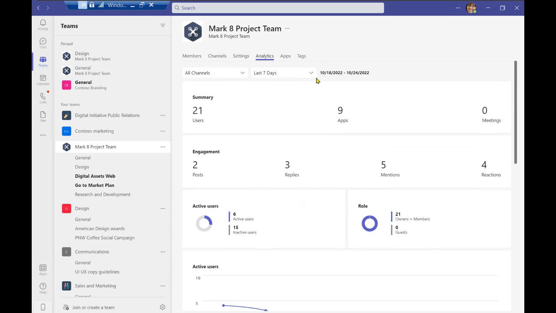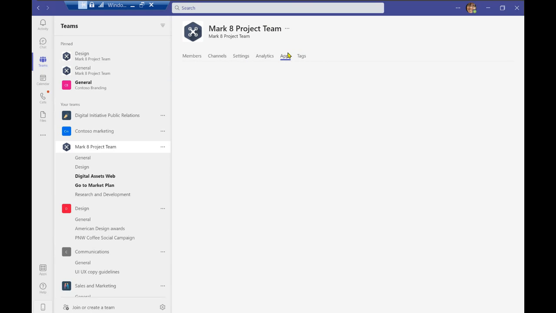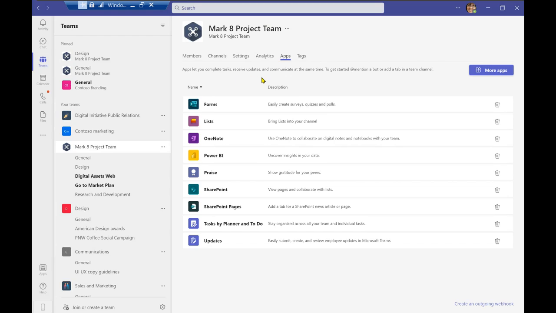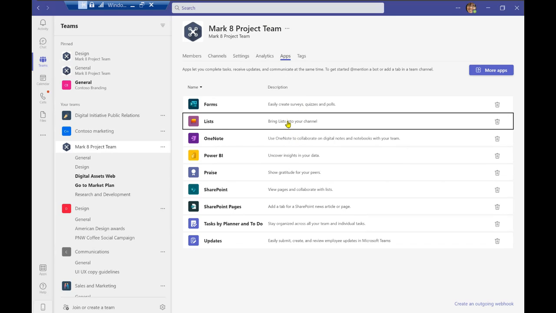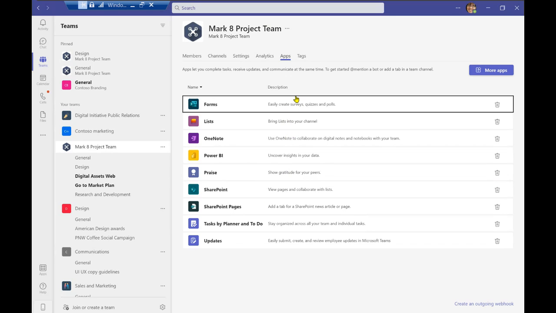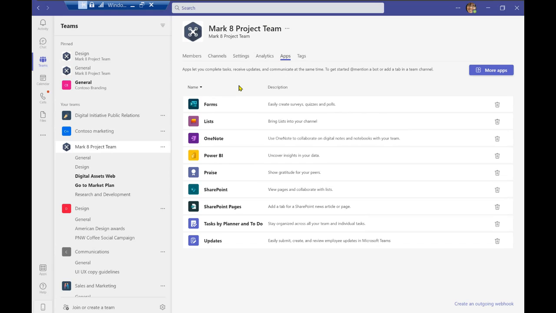Now, some other features also include, as I was mentioning before, if you decide to add any applications along with your teams. We will review this and how to add them within your teams and channels, but you can see that there are quite a few applications that this channel or this team is using. And these applications are Microsoft 365 applications, so you can add them depending on the work that you're doing in your day-to-day functions.